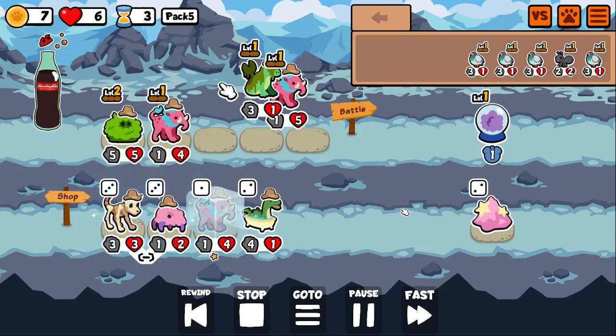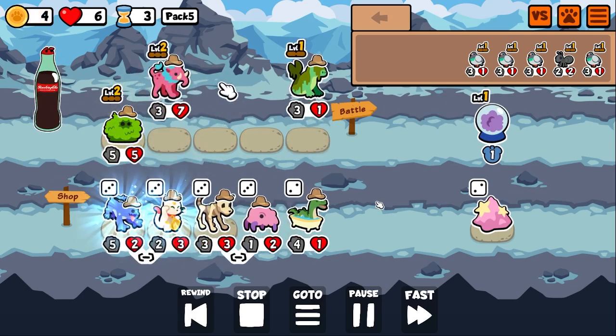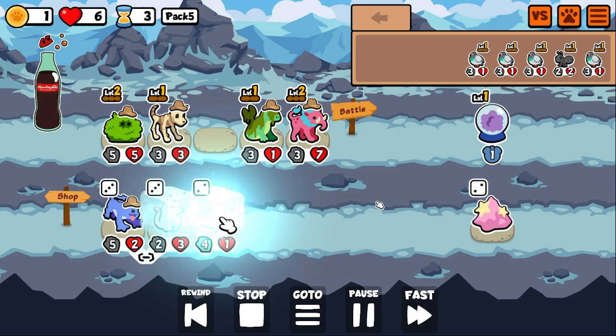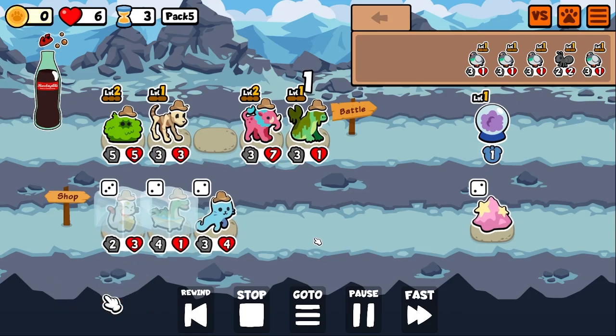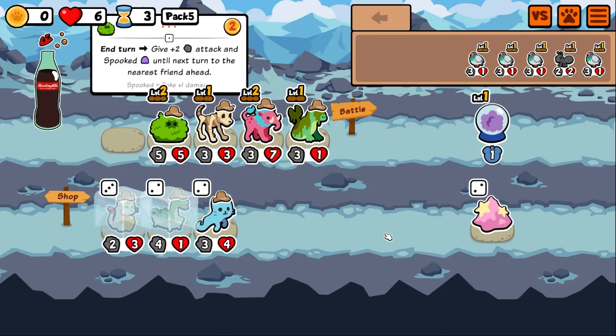Oh, Brain Cramp or a Skeleton Dog. Kind of tough. Decided to go with the Skeleton Dog for more scaling. Freeze the Lucky Cat because I have a Pogo in the shop. That makes sense. Next turn I can kind of hope to just hit another Pogo, and then we'll be making